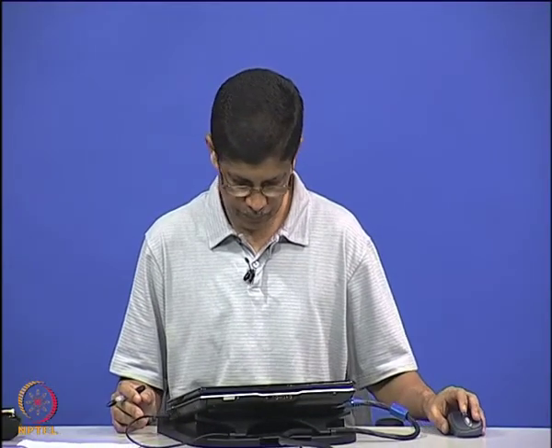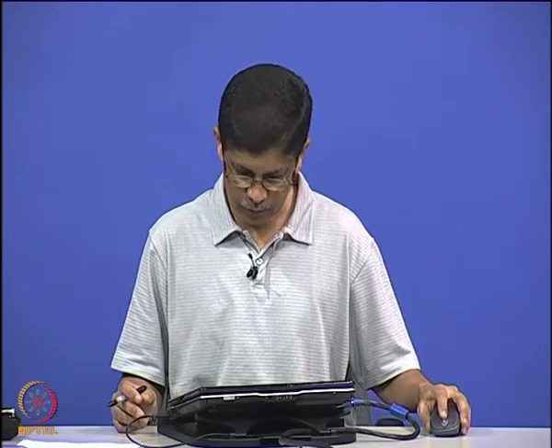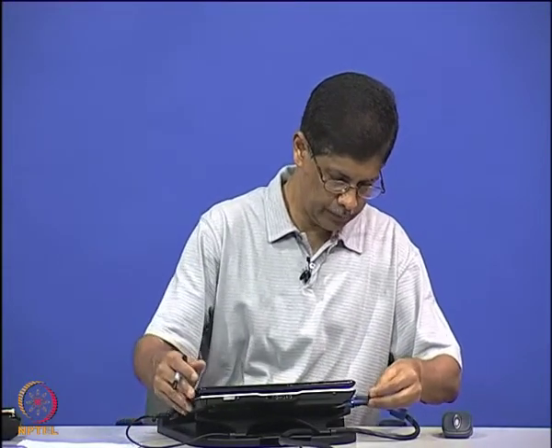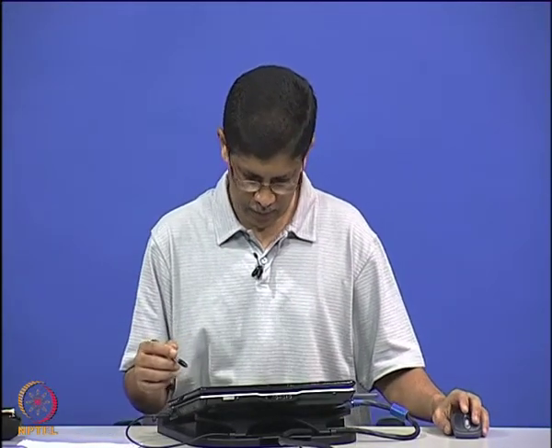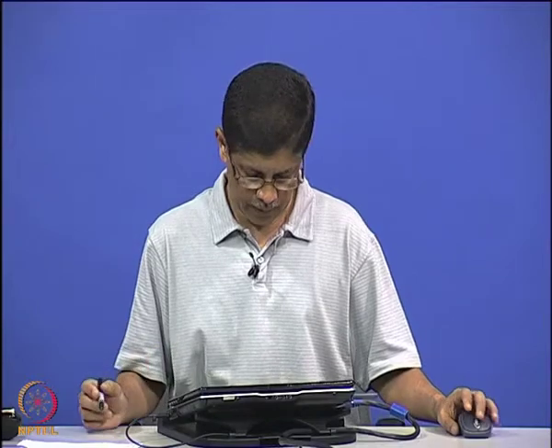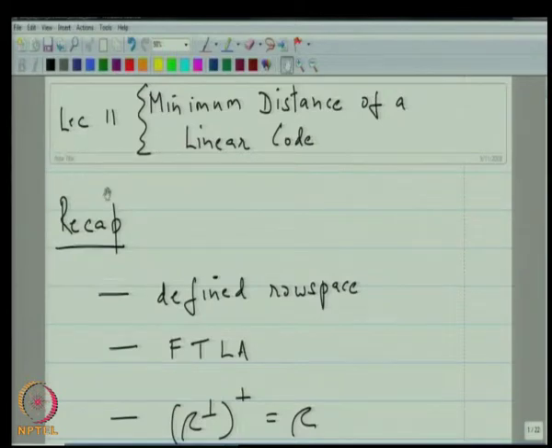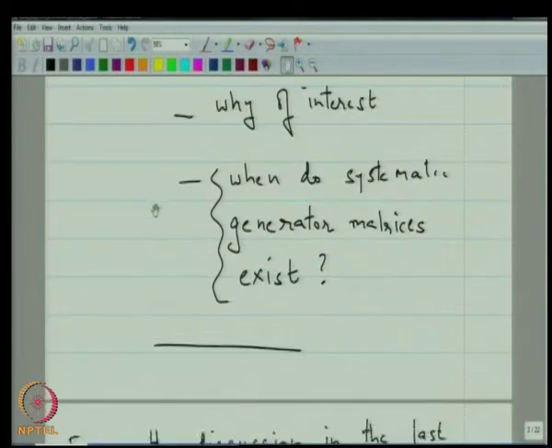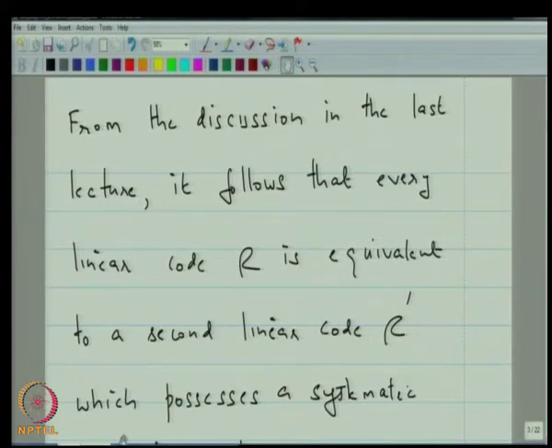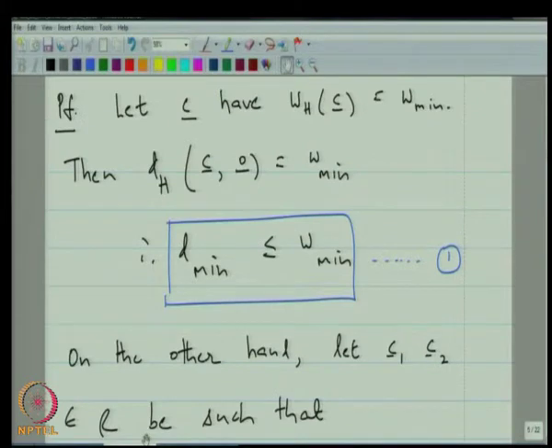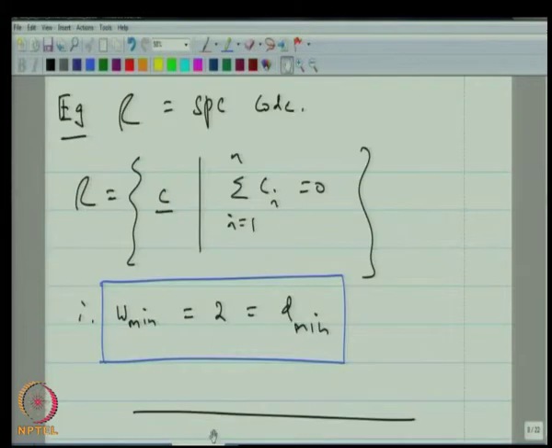So let me just browse quickly through our last lecture, where our work dealt with finding initially the minimum distance of a code. I told you that it's equal to the minimum Hamming weight. We proved that. We looked at examples,